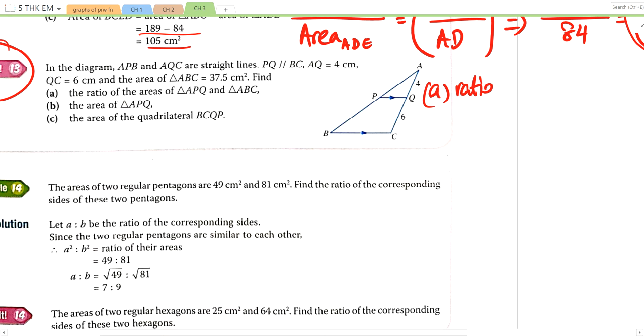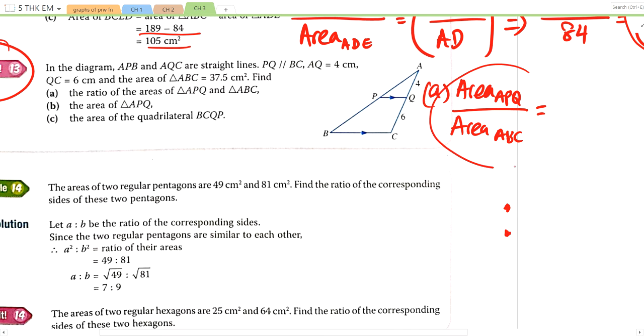Hey, so ratio of areas. Area APQ over area ABC. You see, they asked me for ratio, right? I choose to put it in fraction because I love to work in fractions. I don't like to work with the colons. Subsequently, I will go through more questions with you and you will see why it is more convenient to work with fractions. It allows you to do multiplication, allows you to equate